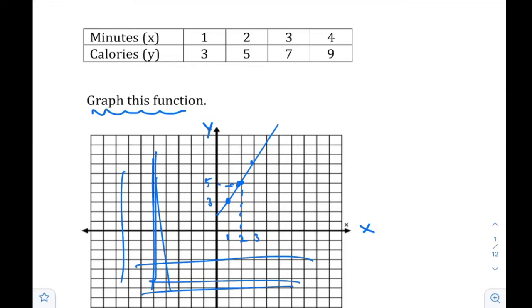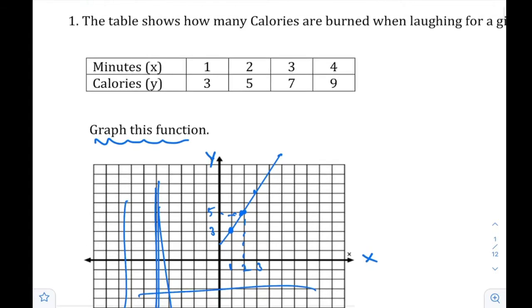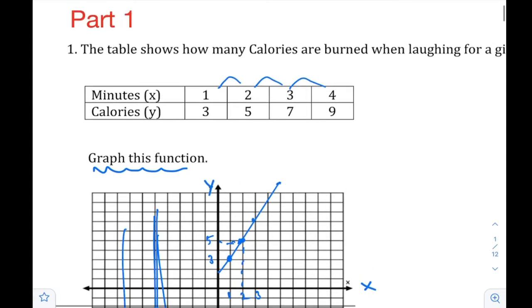طيب, if I add the question here, is this function linear? It's obvious here that it's linear. بين خطي. When you graph it, it's a line. But if we don't graph, will we be able to know whether it's linear or not? Yes, we will. If you count the difference, if you find the difference between two consecutive numbers, here you can